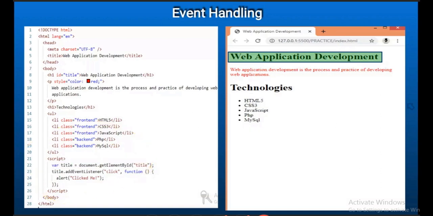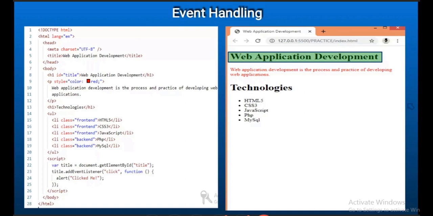Okay. In the script, you can see title is equal to document.getElementById("title"). So that element with the ID is selected. Now we are adding an event listener to that. title.addEventListener, and as part of that event listener, we can give 2 parts. The first one, here it is given as click, and that click represents the corresponding event.